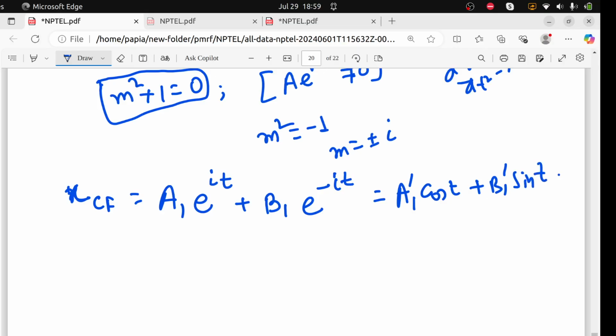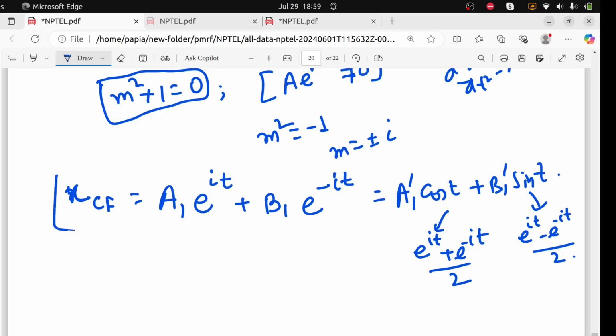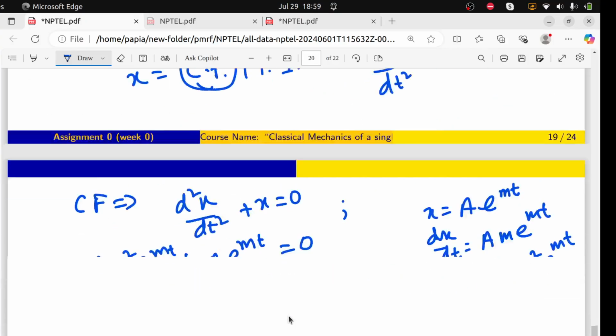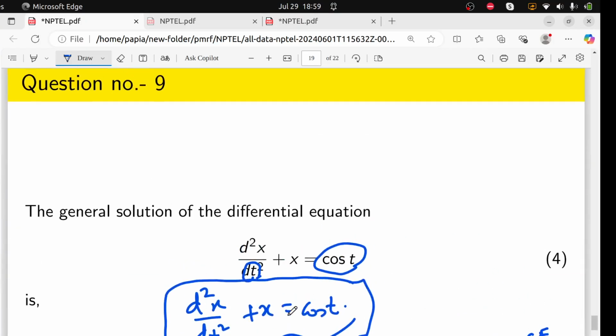I think you are familiar with this cos t and sin t notation, because cos t is nothing but e^(it) plus e^(-it) divided by 2, and sin t is e^(it) minus e^(-it) divided by 2i. So I can always write it like a1 prime cos t plus b1 prime sin t. So if I write these things, then I have the x CF value. But I need the x PI as well. You can see here the PI. So to have the x PI value,